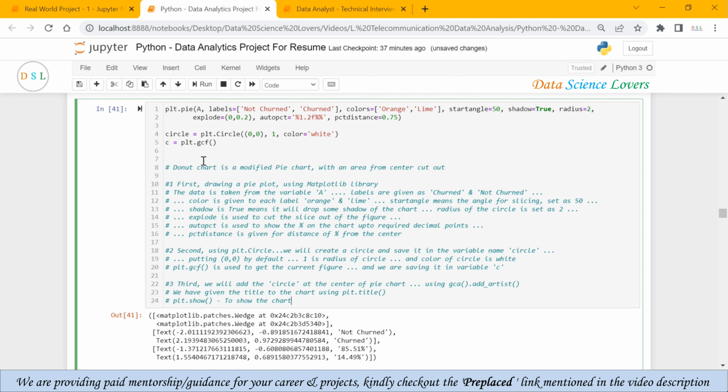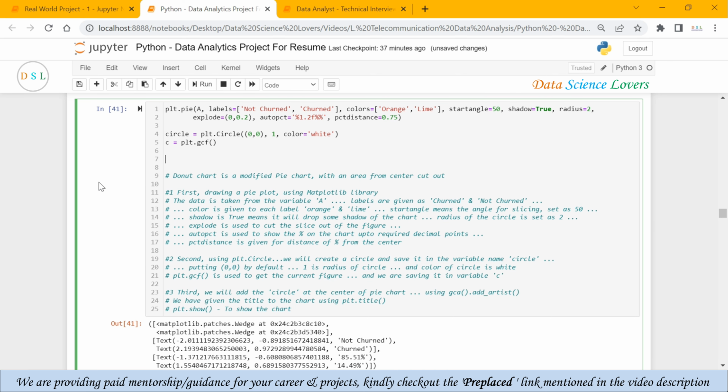Moving to our third part. Now we will add this circle inside this pie chart. How can we do it? First of all, we have to use our variable C dot gca function dot add_artist function, and inside this add_artist function we have to use this variable circle that we created in our second step.